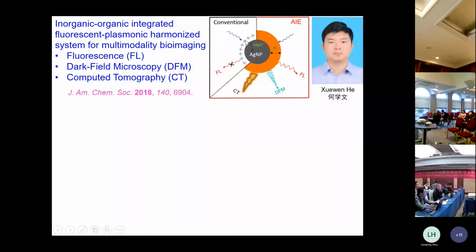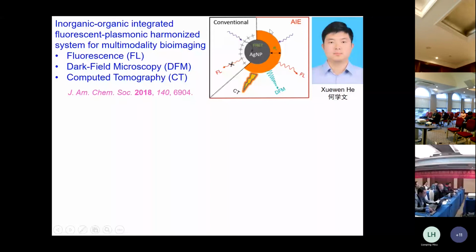You cannot make a very thick shell here, because once the shell is thick, the ACQ effect will quench the emission. When it's thin, the nanoparticle will quench the emission. When it's thick, the ACQ effect will quench the emission. However, for our system, we don't worry about that. Although the emission at the interface is still quenched by the silver nanoparticle, the outside can emit light.